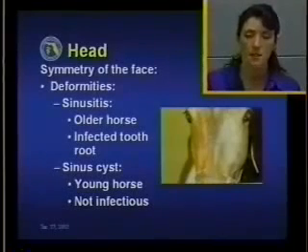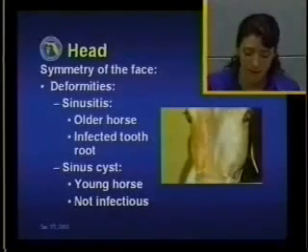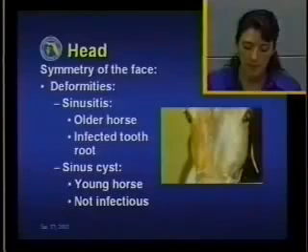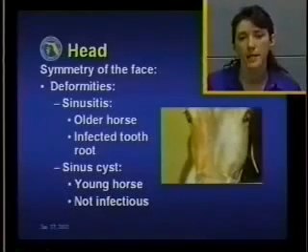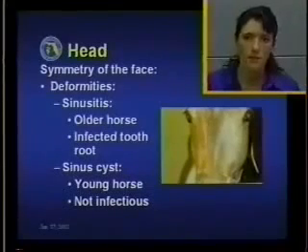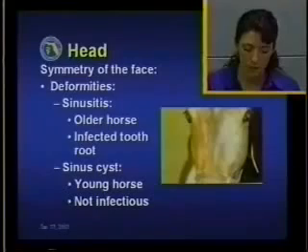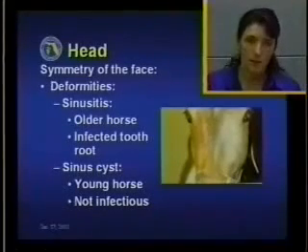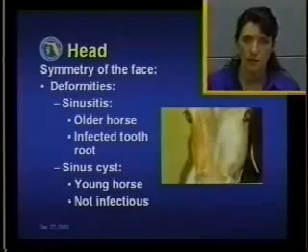The maxillary sinuses are the ones that are most commonly affected. This type of lesion can be detected on head radiographs, and the initial problem should be addressed, which means sometimes to remove the tooth. In young horses, we sometimes observe the presence of sinus cysts, which result in a severe